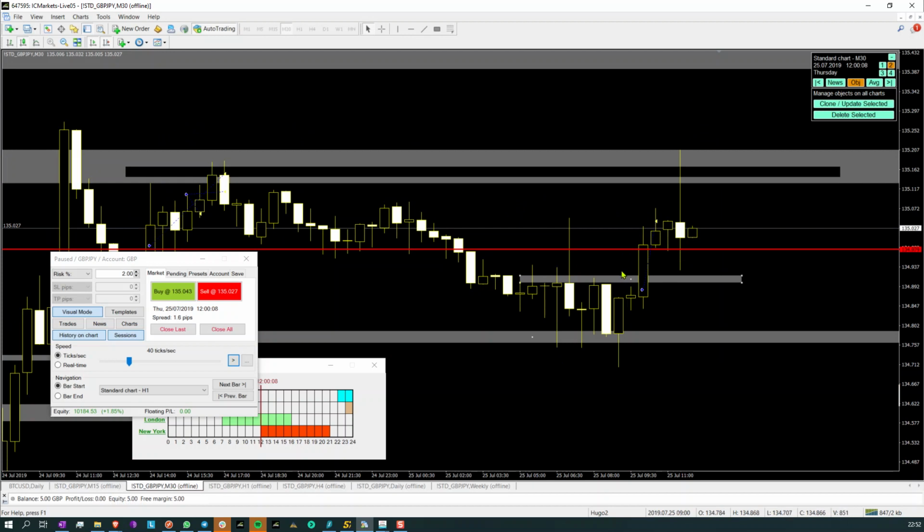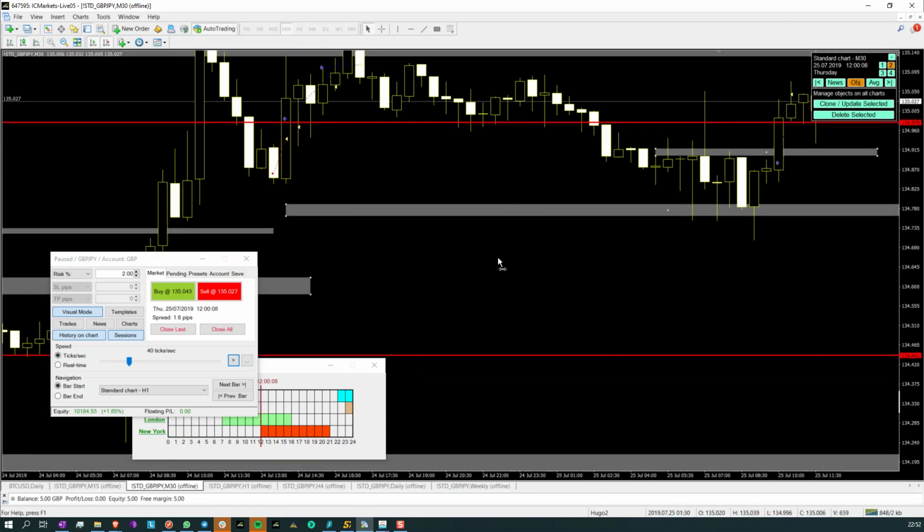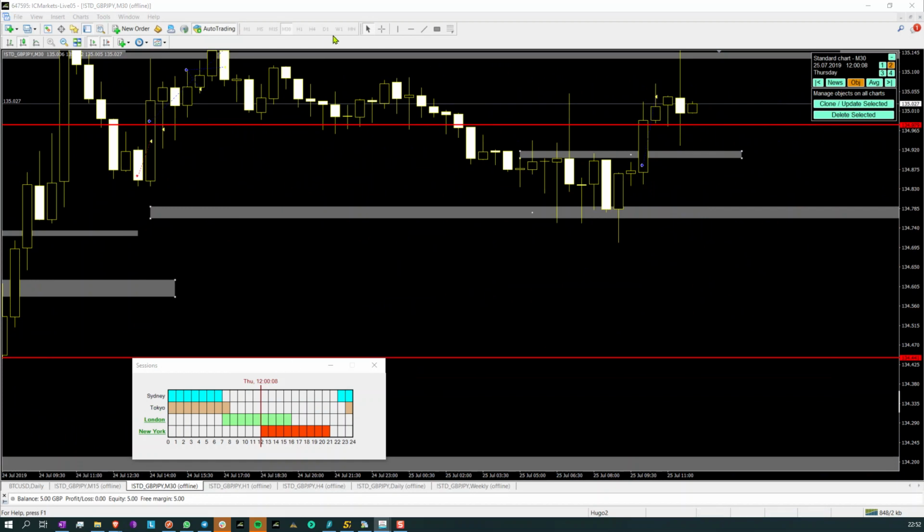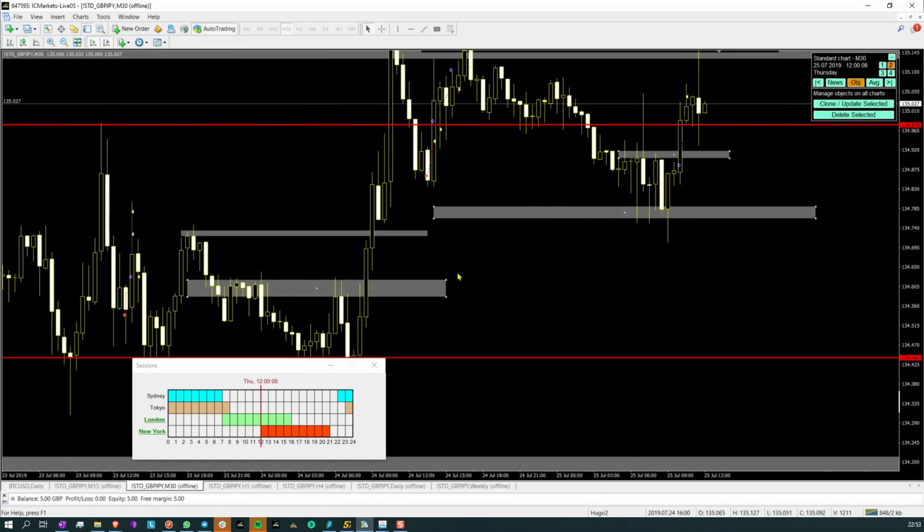Like, this is possible. Nah, this is not possible. What we want is to close below this support. This can very well come here and